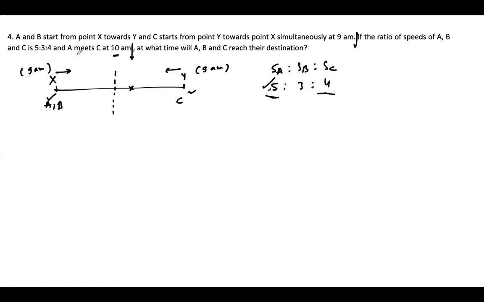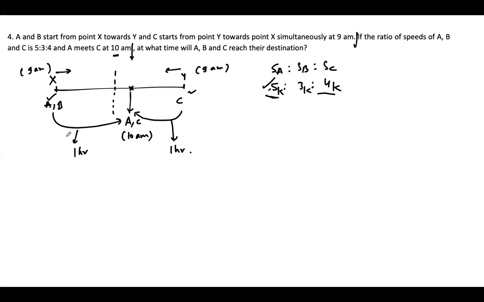A meets C at 10 a.m. So when they are meeting, the time is 10 a.m. If A is moving from here till here, and C is moving from here till here, what is constant? What is the time taken by A to reach here? It's 1 hour, 9 to 10. What is the time taken by C to reach here? 1 hour again. Okay. Let's say speed of A is 5K, speed of B is 3K,